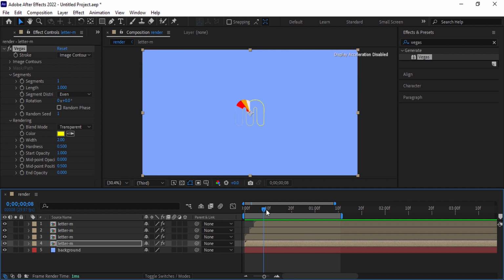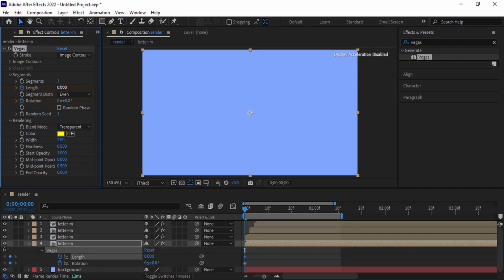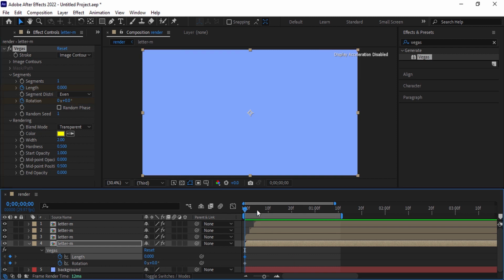Go to the first frame position and then add a keyframe on the length and the rotation. Change the length value to 0. Then go to the 1 second position and change the length value to 0.7.